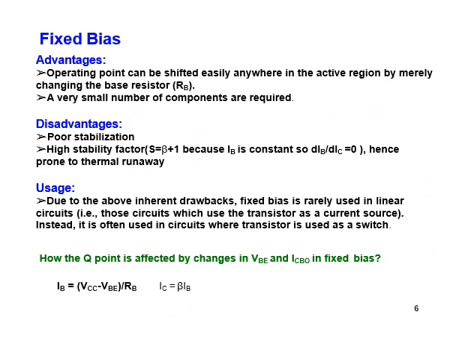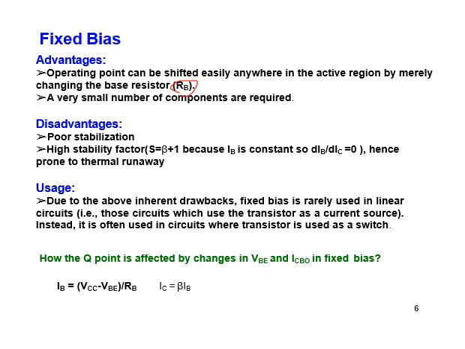Now in the case of fixed bias circuit, the advantage is that the value of the Q point or the operating point, that is the value of collector current IC, can be changed by merely changing the value of this base resistance RB. So by merely changing this value of RB, the quiescent point can be moved within the active region. And another advantage is that the circuit has very few components. It requires RB base resistance, RC collector resistance and a BJT transistor. So the number of components required in case of fixed bias circuit is very small.